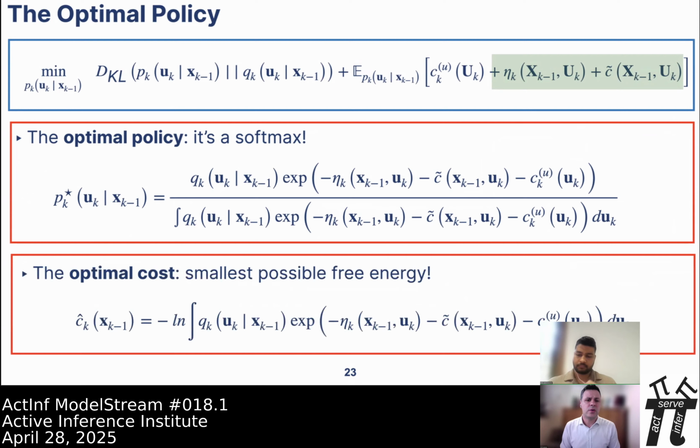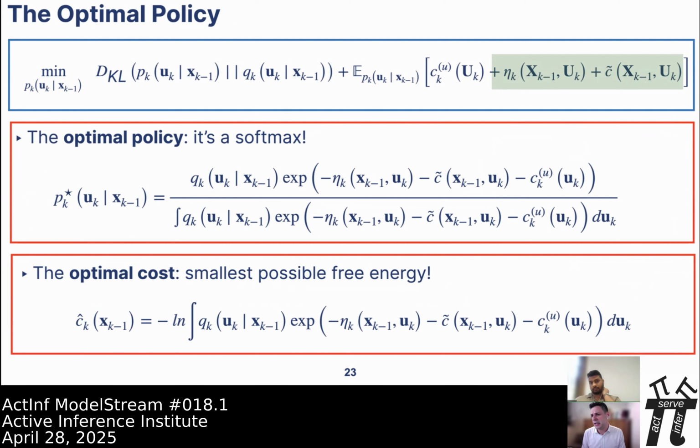Moreover, as I said before, we can also quantify the smallest possible free energy, which has a log-sum-exp expression, which is standard in the literature from physics, for example. So there is quite a lot on this slide. I'd like to emphasize again the structure of the optimal policy. The optimal policy is nothing else than a twisted or distorted version of the generative model, QUK given xk minus 1. And the distortion happens through an exponential function. And the exponential is lower when the ambiguity is large. So this means that the probability of sampling an action that is associated with high ambiguity is very small.